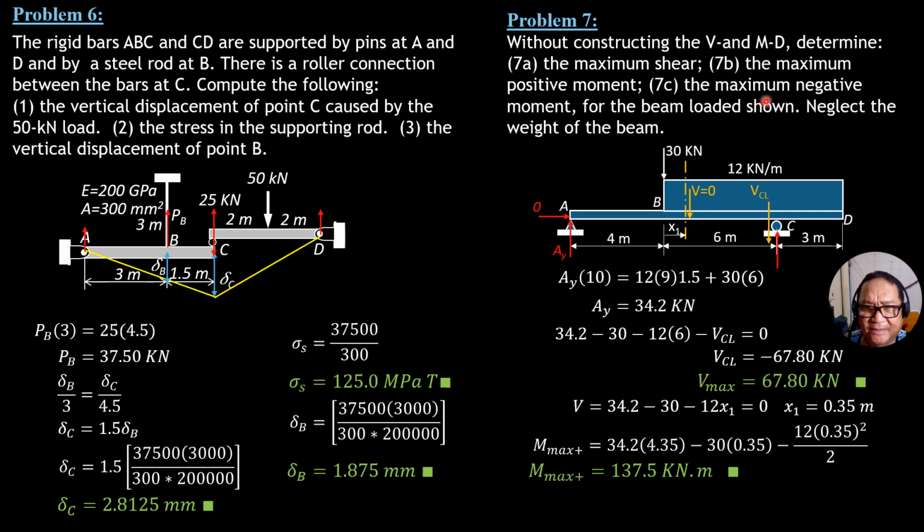Then see the maximum negative moment which occurs on this overhang here. So let's apply it, and that's the positive moment supposedly at C, just to the right. So summation moment about C, that's the FBD automatic, plus 12 times 3 times 1.5 equals 0. So M sub CR plus 12 times 3 times 1.5 equals 0. So MCR is negative 54. So the negative moment is 54 kilonewton meter. So that's it for this problem.